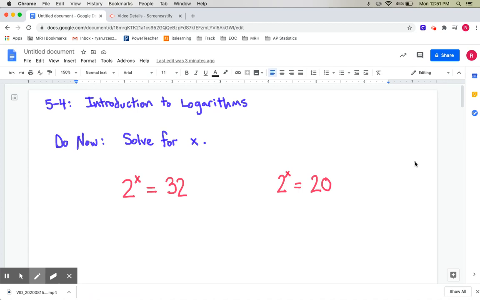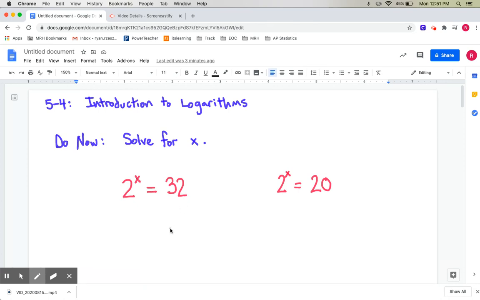So, going over our two problems here. On this first example, we really don't know how to get x by itself in a problem like this. Kids will be like, oh, divide by 2, but even if you somehow could divide by 2, your x is kind of stuck in the exponent here, and dividing by 2 wouldn't fix that. If you did that, you'd get 16 for your answer, but 2 to the 16th power most definitely does not